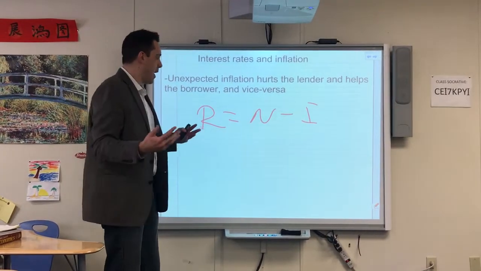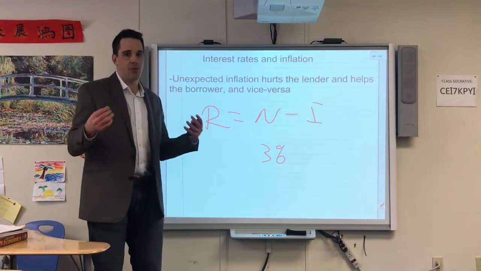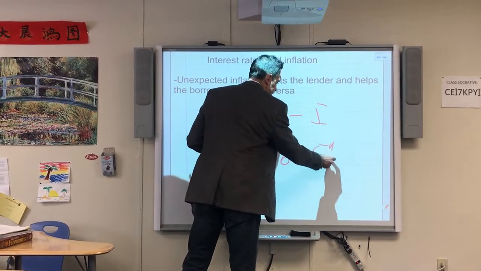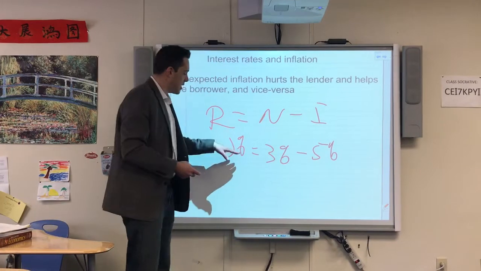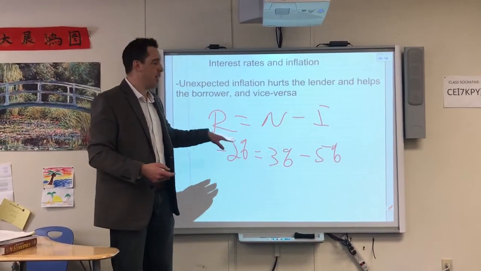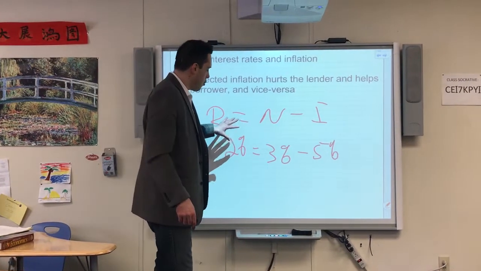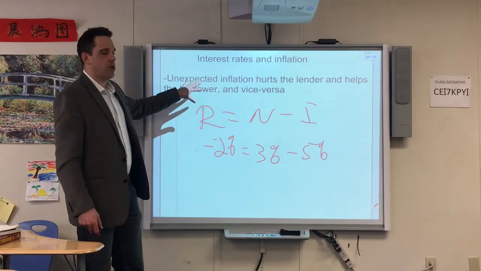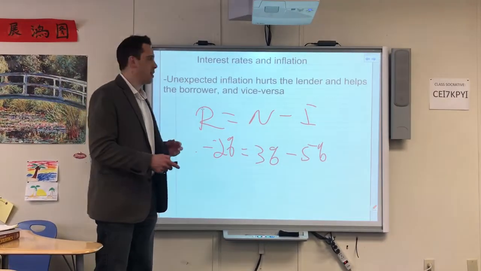Let's say you and your bank agree to an interest rate of 3%, because we expect 3% inflation. And let's say there's 5%. That means at the end of the time, you're going to be paying back money that's 2% less valuable. The real value of your money is 2% less. So borrowers want more inflation after they take out the loan. Lenders want less inflation.